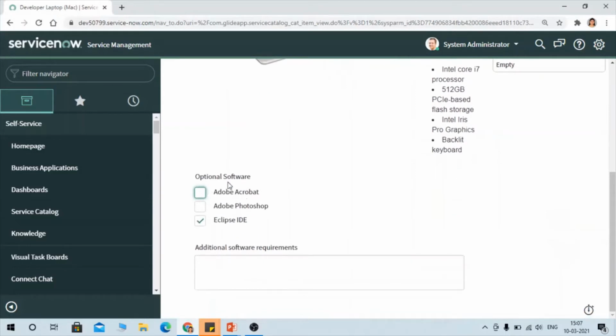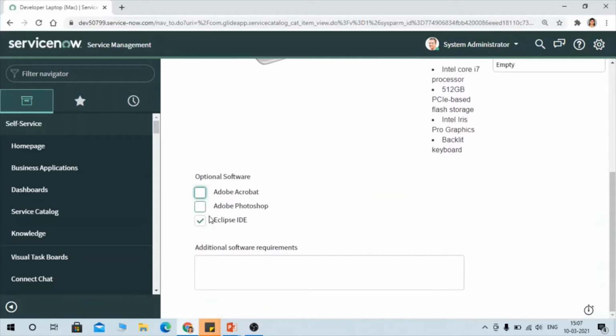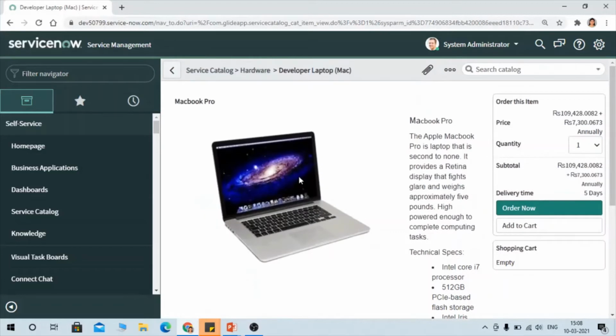We have defined optional software, so whenever they get this laptop, they can get it along with the software. We can define multiple new functionality or properties that can be utilized by the customer. They don't have to raise any separate request for the optional software. They can select it and it can be provided along with this laptop.